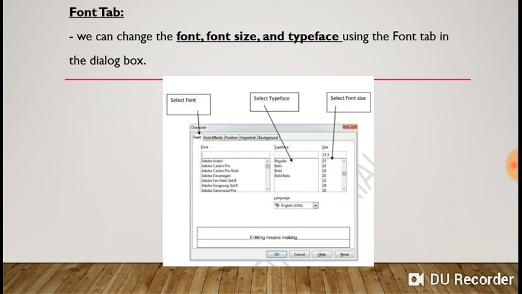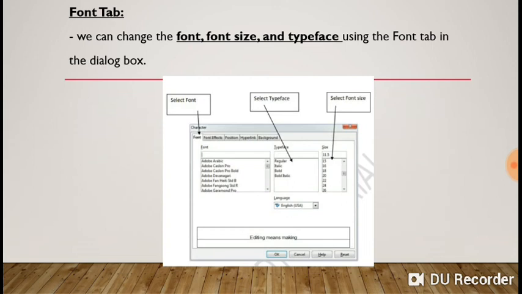First one, the Font tab. By default the first tab will be selected, and if you want to switch between the different tabs of the Character dialog box, click on any tab. By clicking on the Font tab, you can see different options, like we can select a desired font.